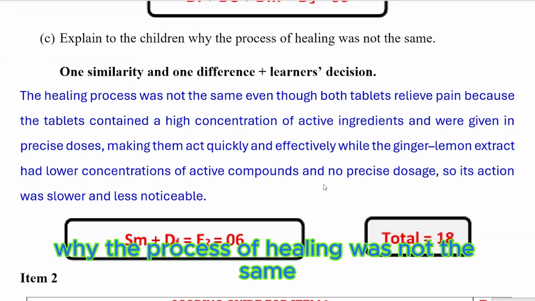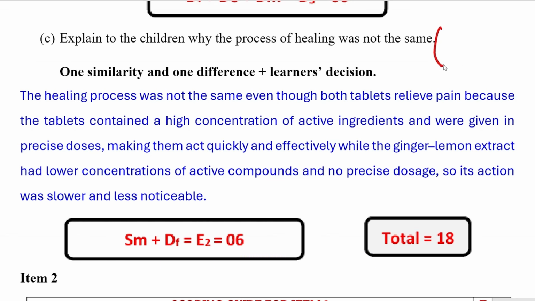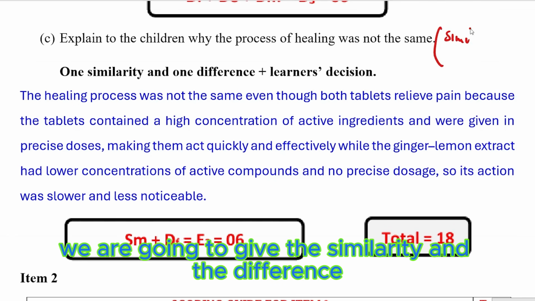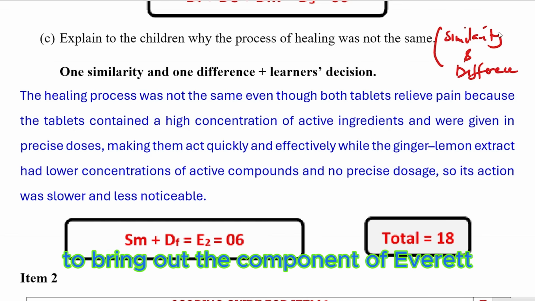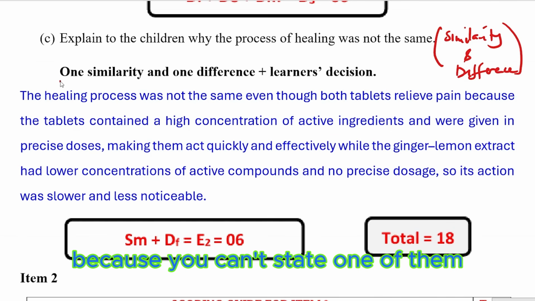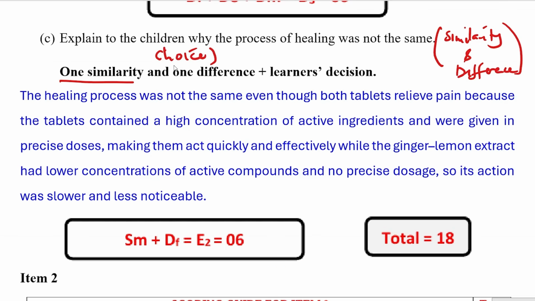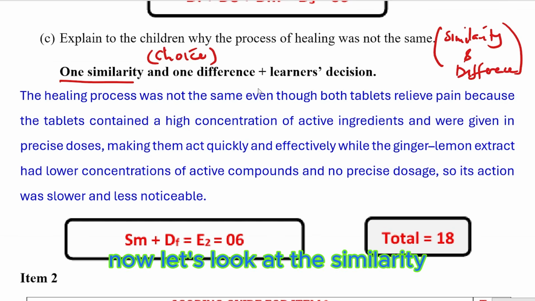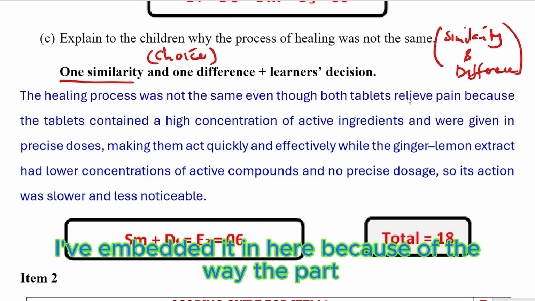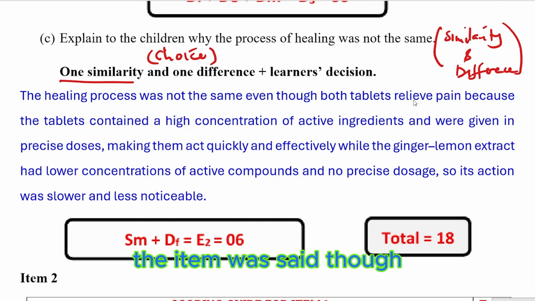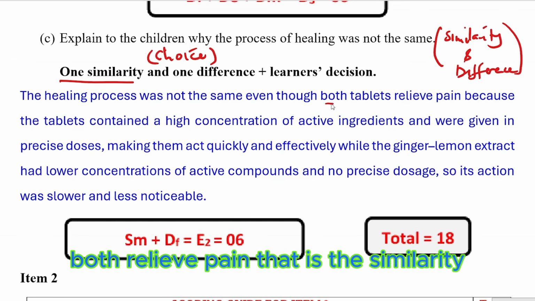Explain to the children why the process of healing was not the same. Remember that here we are going to give the similarity and the difference to bring out the component of evaluate, because you can't state one of them. Here the learner is actually giving what we call a choice. Now let's look at the similarity. I've embedded it in here because of the way the item was said. Though both relieve pain, that is the similarity,